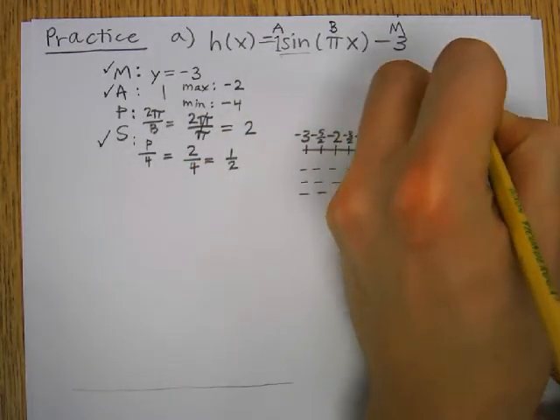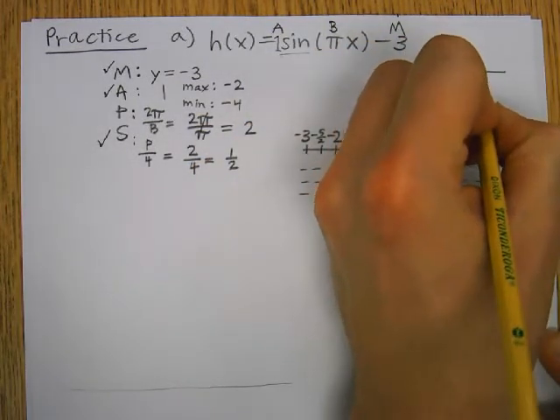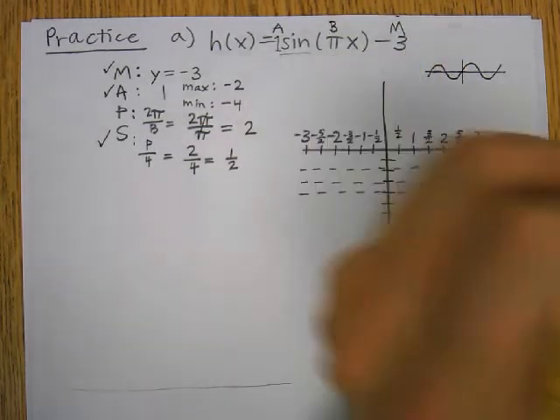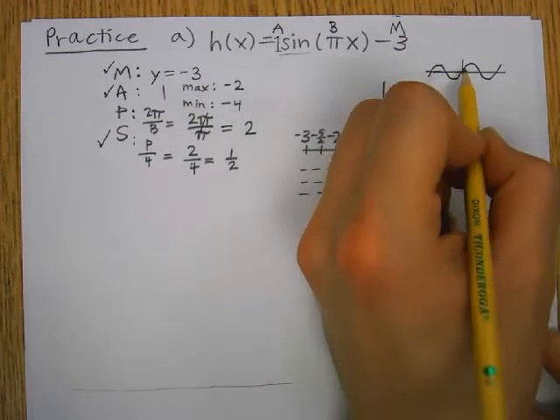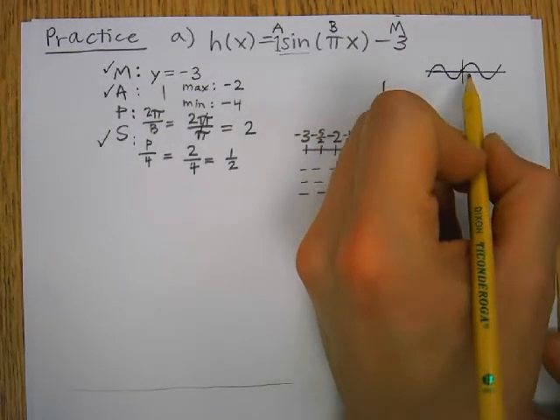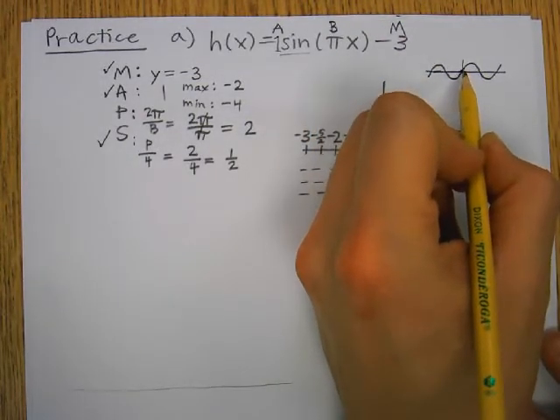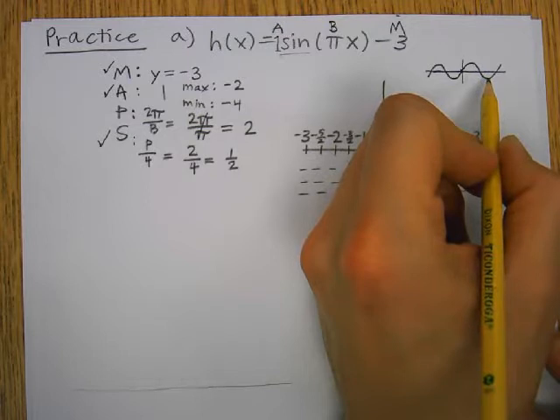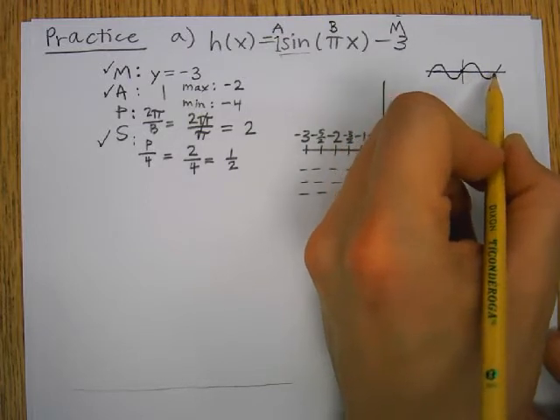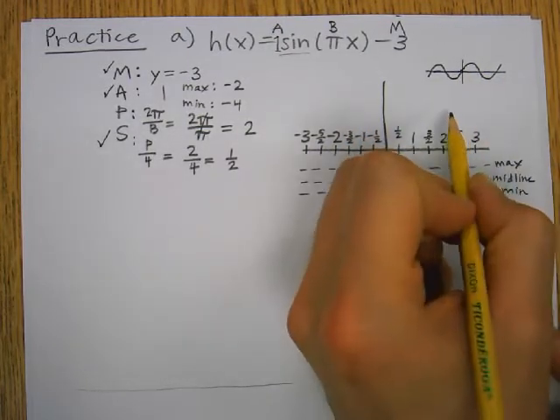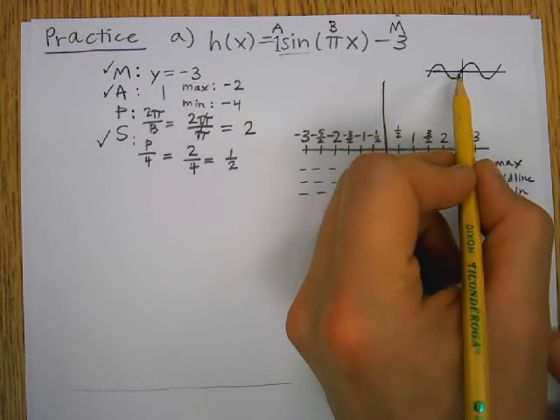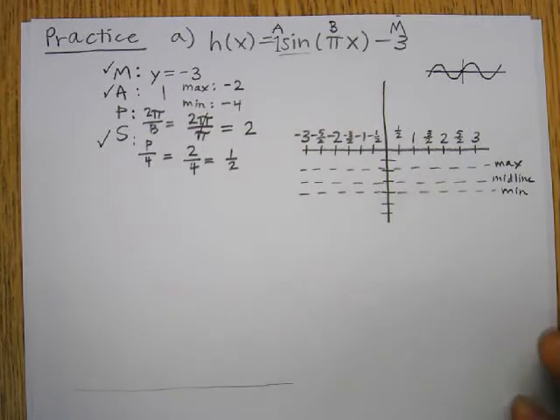Just for my own memory, I'm going to sketch a really simple sine graph just to make sure I remember what it looks like. Key characteristics of the sine graph: it passes through the origin. It's going to start at the midpoint, or the midline, of this parent function. The max is 1, the minimum is -1, and the period is 2 pi. This is what the parent sine function is, and so I'm going to use that as I get prepared to draw this